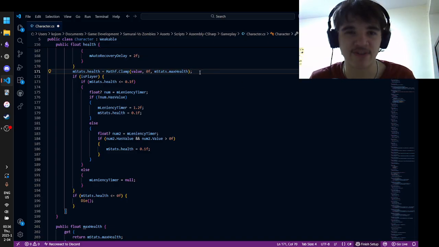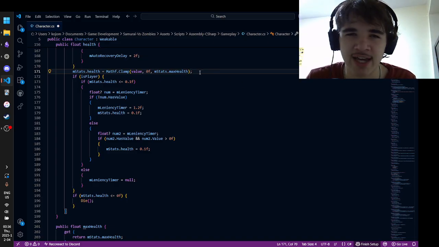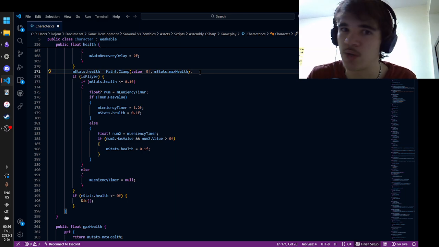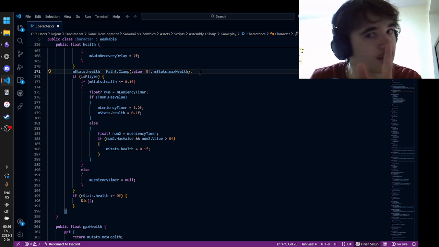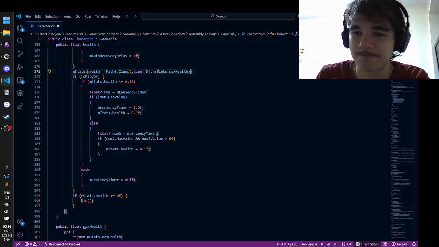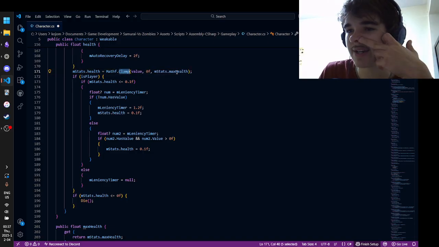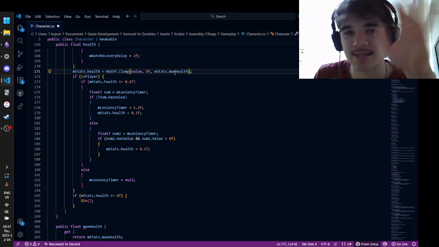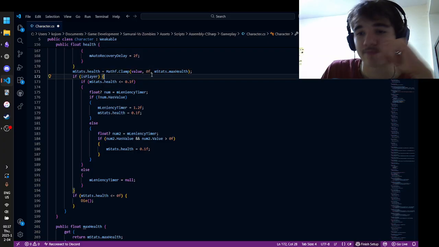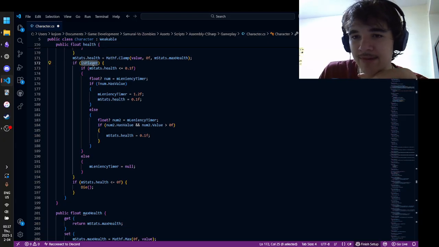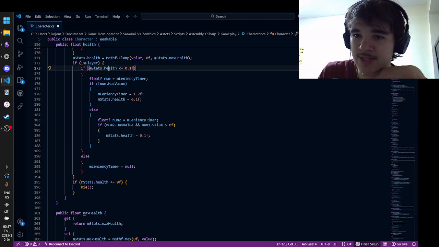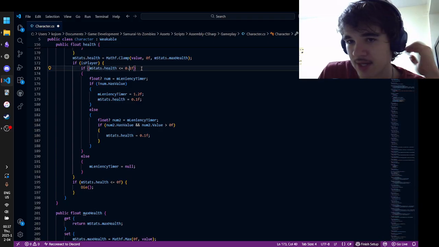And it says, okay, if it's 50, that's fine. 60, fine. 170, that's fine. 210, you can't do that. And then it brings it back down to 200. I say that because clamp will show up quite a bit for these max-something variables. Then it checks if is a player. Then, if the M stats health is less than or equal to 0.1,